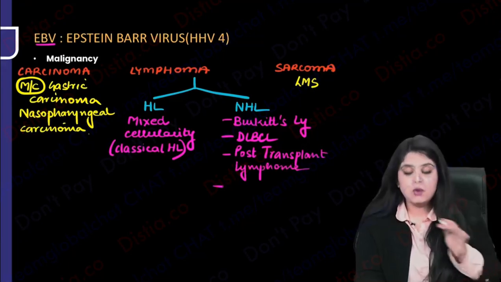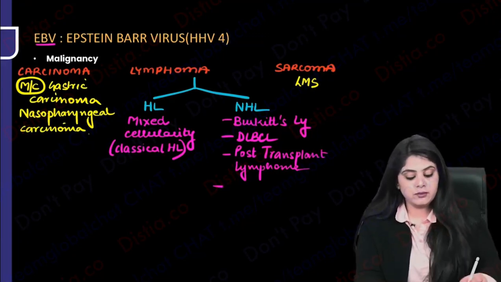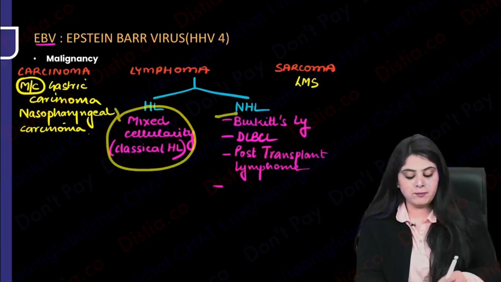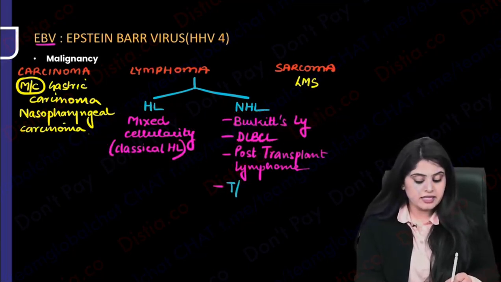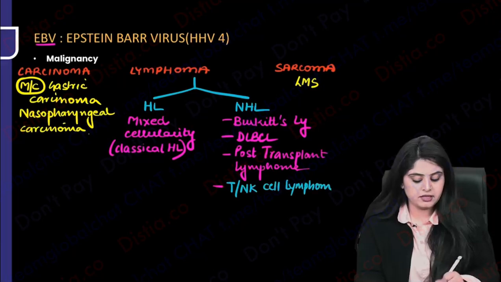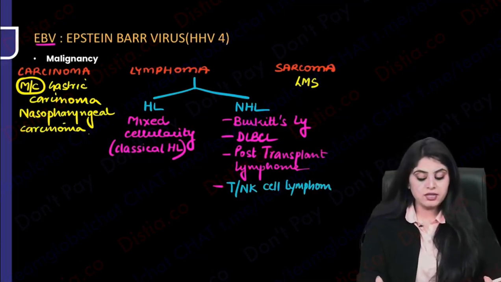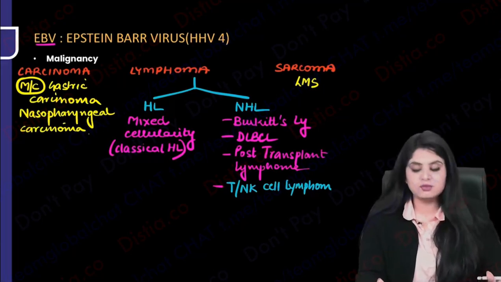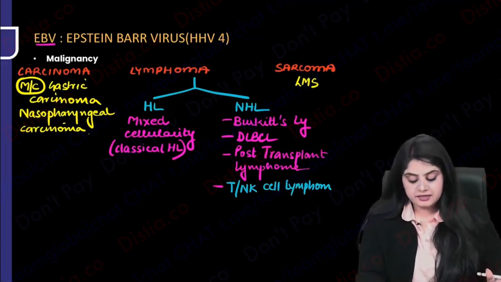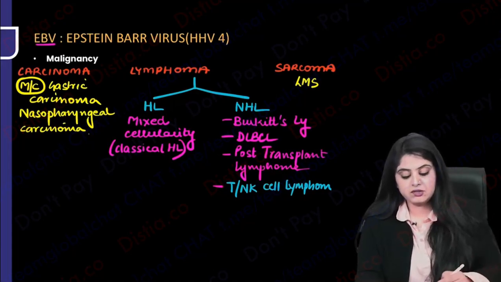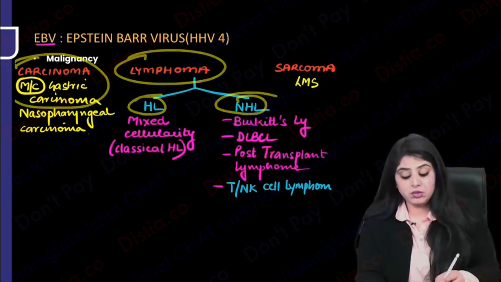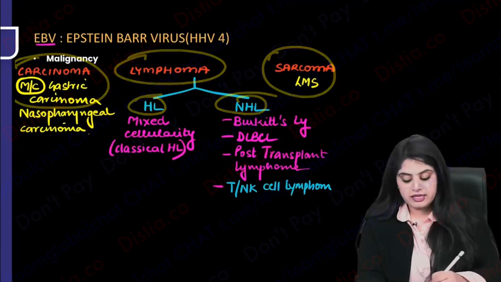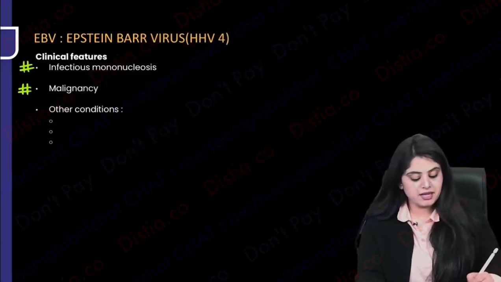In fact, now I want to break the news to you that although you're talking about Hodgkin's, B-cell lymphoma, Burkitt's B-cell lymphoma, DLBCL B-cell lymphoma. Can it also have T and NK cell lymphomas? Yes, that is also possible. So EBV has created like a big thing out here. Everything is possible with EBV, right? So it can also cause the T or the NK cell lymphomas over here. So I realize it can cause carcinoma, most common gastric. It can cause lymphoma, Hodgkin, non-Hodgkin both. And the only sarcoma that it causes, leiomyosarcoma. So coming all the way back, malignancy is done.